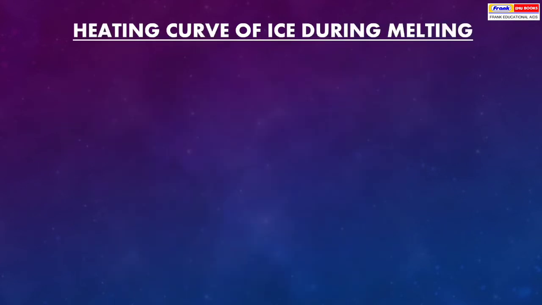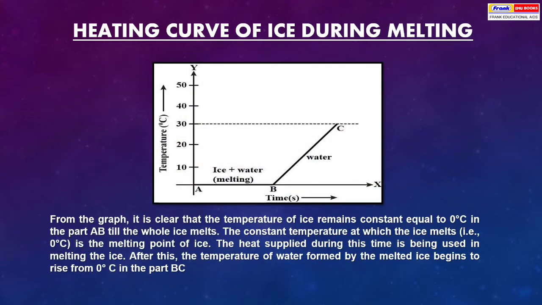Heating curve of ice during melting. From the graph, it is clear that the temperature of ice remains constant, equal to 0 degrees Celsius, in the part AB, till the whole ice melts. The constant temperature at which the ice melts is the melting point of ice. The heat supplied during this time is being used in melting the ice. After this, the temperature of the water formed by the melted ice begins to rise from 0 degrees Celsius